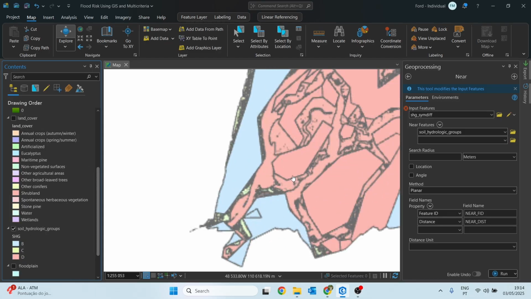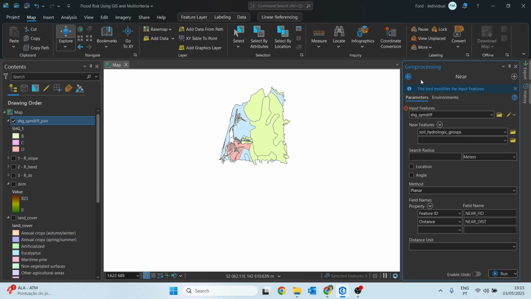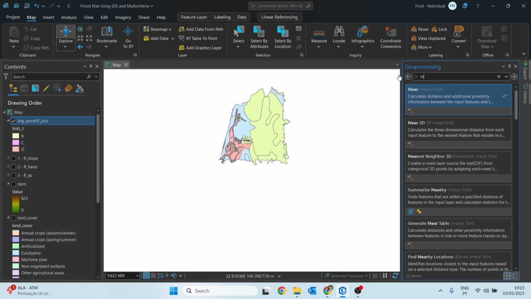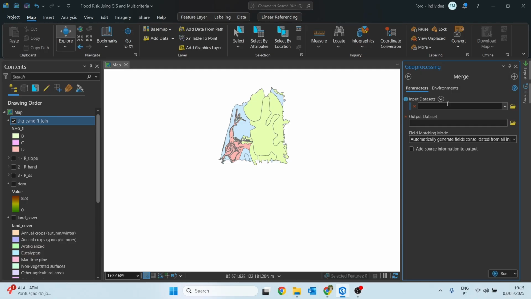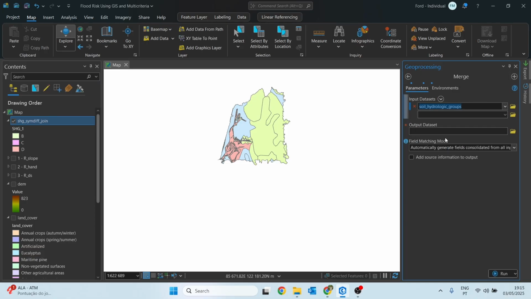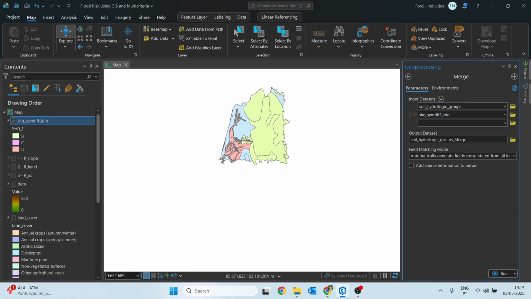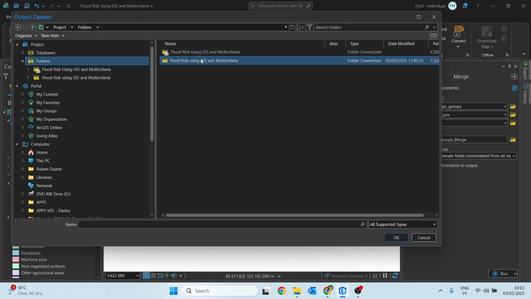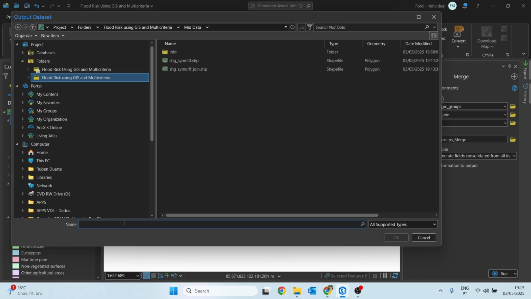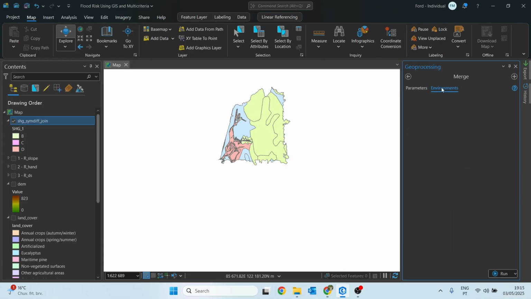Next, what we need to do is combine the two elements, and for that we are going to use the merge tool. So just search for merge, this first one, select the soil hydrologic groups and the SAG simdiff join, set an output folder, this will be metadata as well, SAG merge, and set environments.